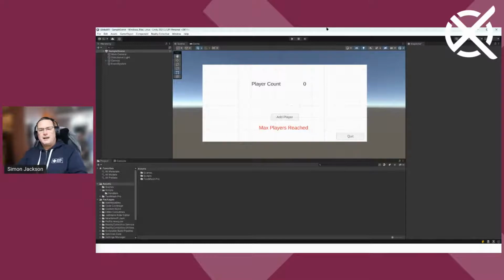Good old Unity. Now, I have made a start just for the sake of time, and I've created a simple project. There's nothing really in it. I'll create a nice little screen to show here's my player count, a nice button that adds players, a nice little warning that shows up when you've reached your maximum players, and then a quit button just for the sake of it. But we want to get started nicely building our service. Now, first thing we need to be able to do